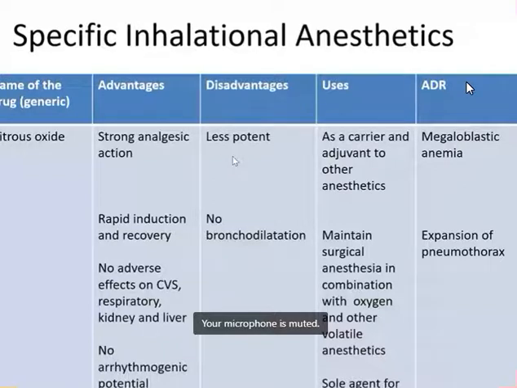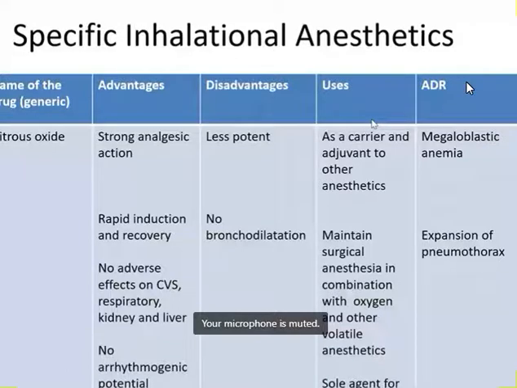So the use of nitrous oxide is mainly because of its MAC value and its less potency. They are not used as a sole agent, but they are used mainly because they show faster onset of action and recovery. They will be tagged along with the other group of drugs which are highly potent in nature, like halothane. So nitrous oxide, when it goes inside the alveolar phase, can carry the other drugs along with it,